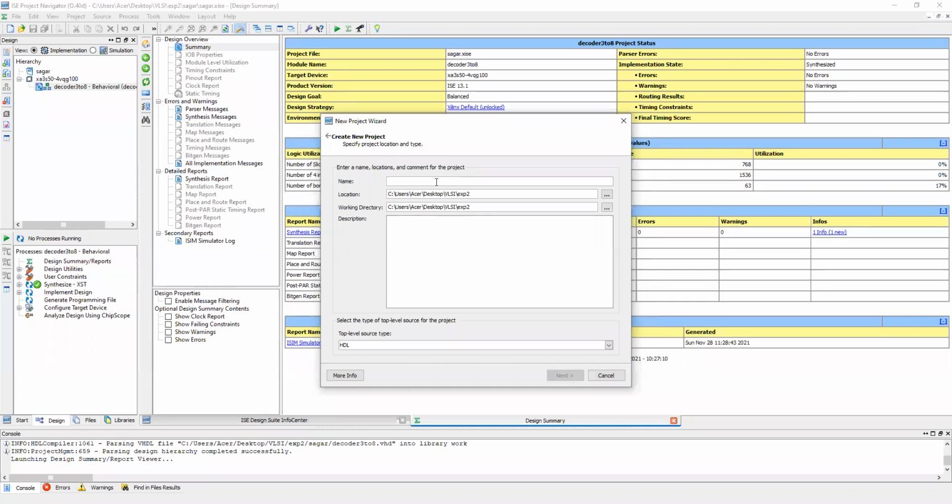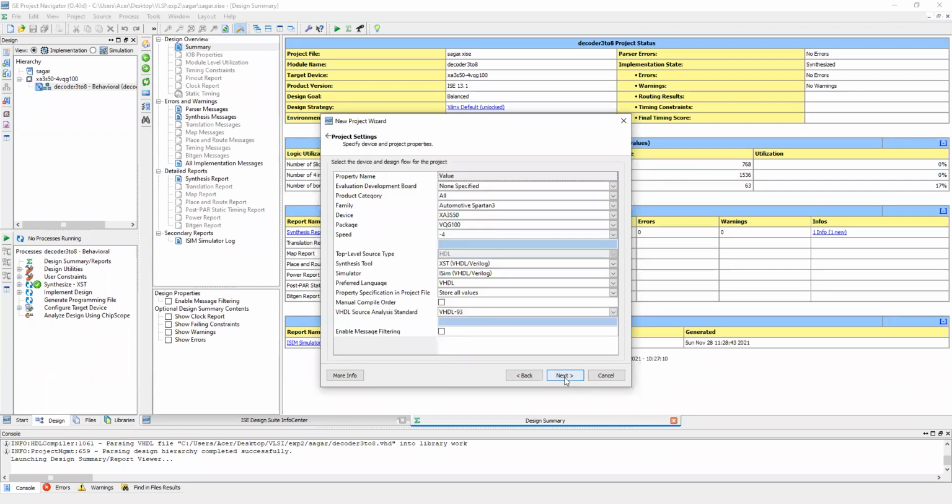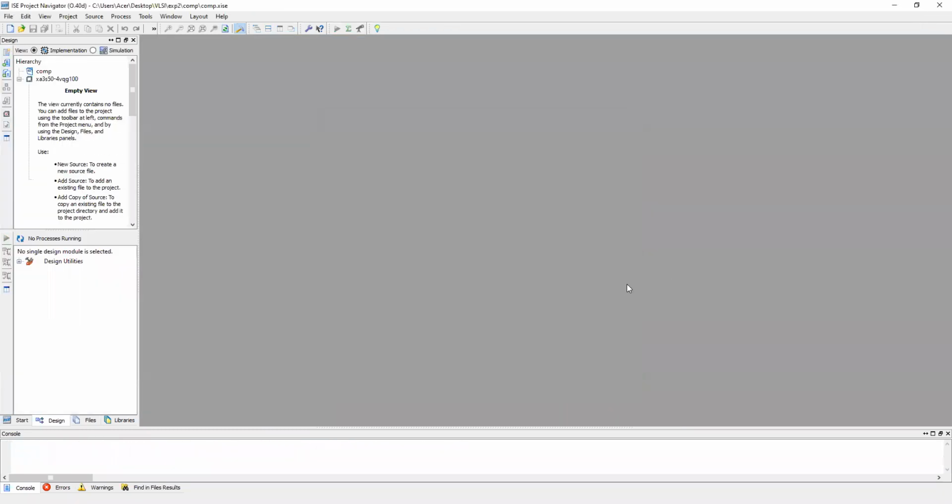I can use any name, COMP, comparator. Next, finish. Now, what will be the next step?